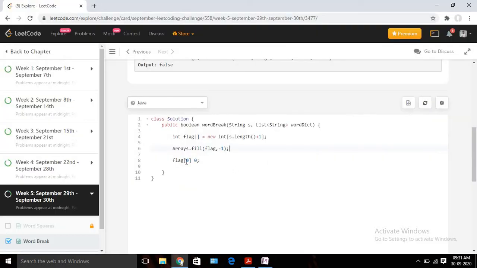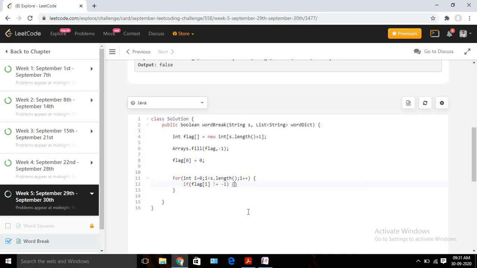Okay, so now we are going to run one for loop. Let's write a for loop: for int i equals 0, i less than s.length, and i plus plus. Now I will check if my flag[i] is not equal to -1.